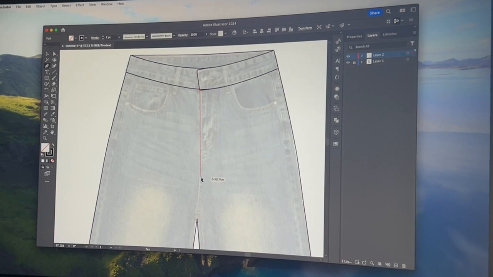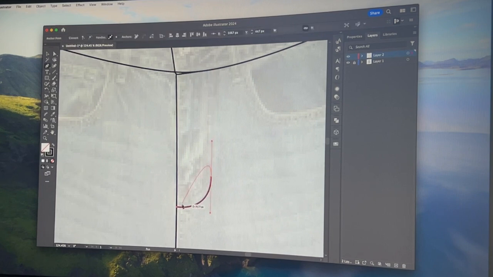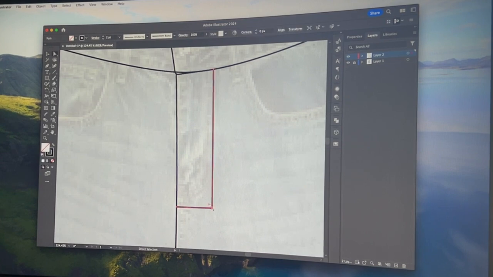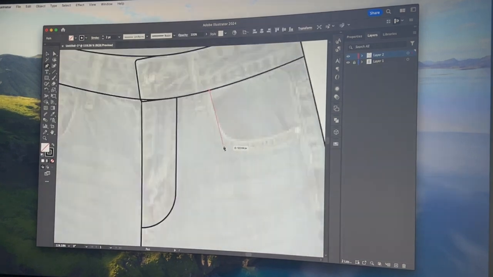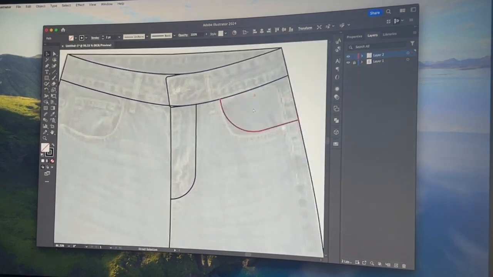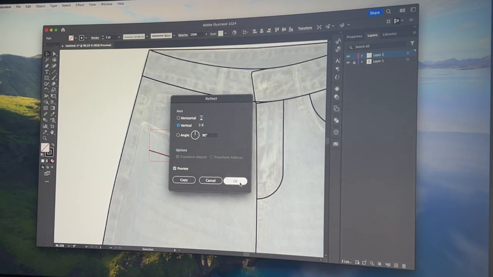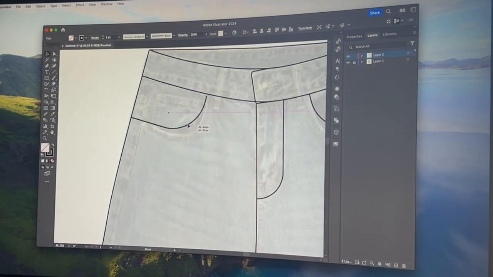of the jeans. So for curves, you can either just draw the curve like this, and there you have it right there, or you can draw that angle like I said, like this, and then if you click on it, you can just do that rounding thing like I said. So either way, whichever one you prefer. So I'll just do the same thing for this, just round the edges of this, and then because it's the same on both sides, I'll just copy and paste this again, and then Object, Transform, Reflect, just flip it,